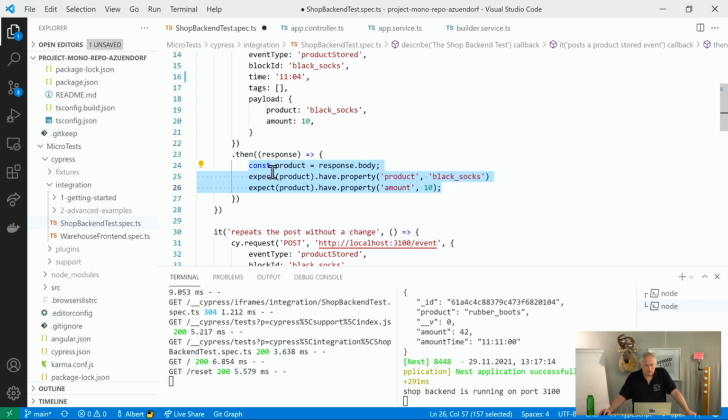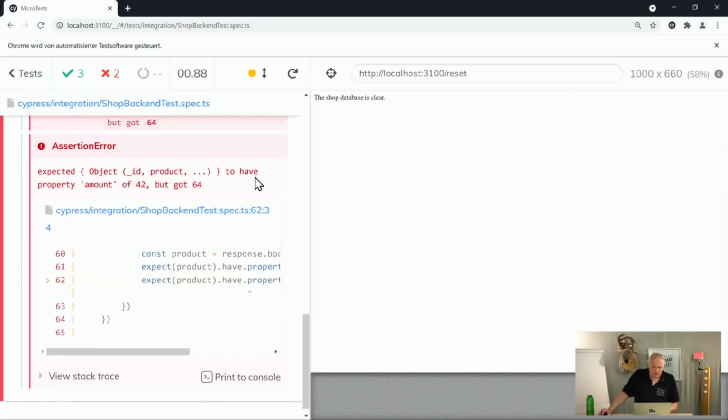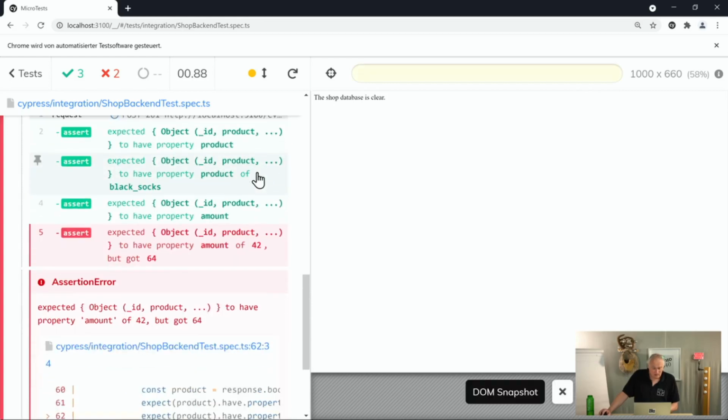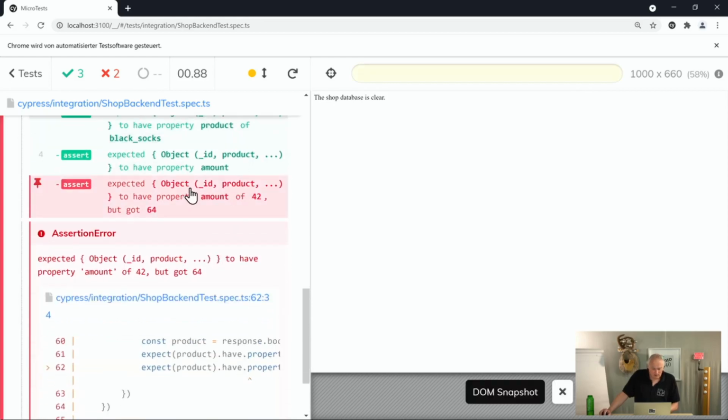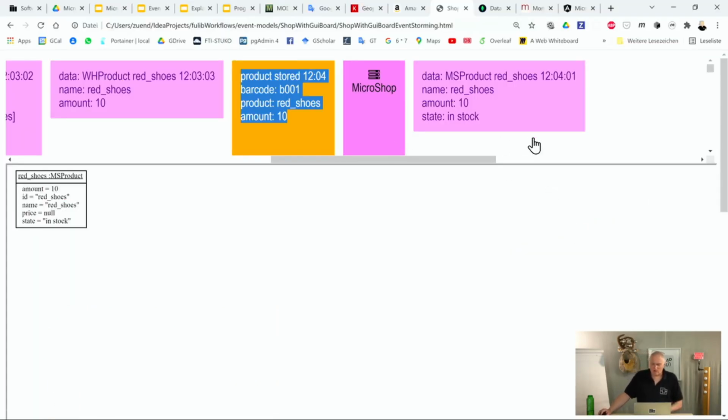And what we do is we test whether the result is what we expected. There comes back a product and it says it's 10 black socks. Okay. How is this actually? If I store this, it's going to run again, and it says no, there's a problem here. Yeah, I know what it is. That's a later one. Let's first have a look